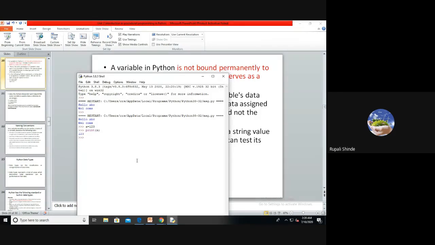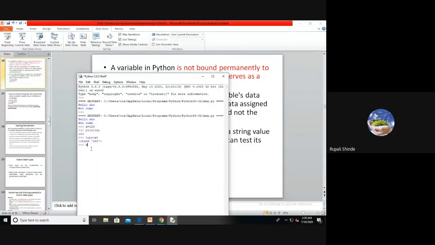Print A prints the value of A. Then we check the type of A. It indicates class int, because the variable A has the value 123, which is an integer. So it indicates the type of A is integer.